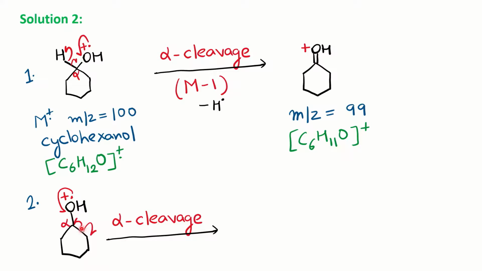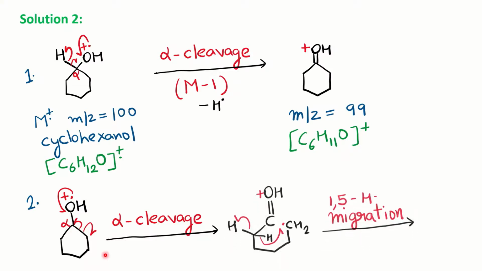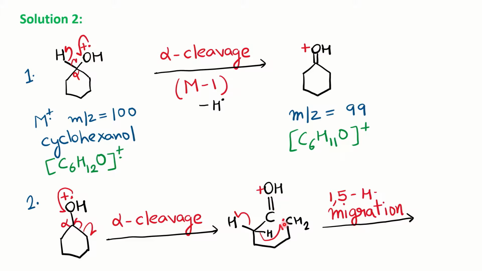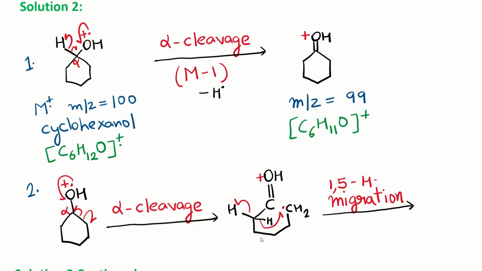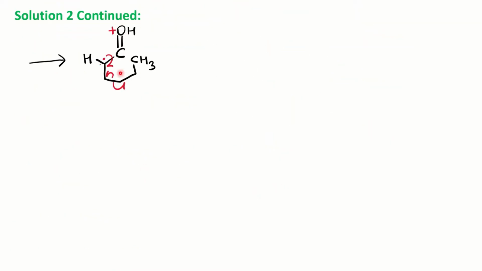Okay, one electron goes to the alpha carbon, the other with the other carbon, and you are going to open the ring. So here the ring is open now. As we have written 1 followed by the 1,5 hydrogen migration, so you can see here 1, 2, 3, 4, 5. So the hydrogen is migrating from the 1,5 position, from here to form the CH3. And now after this you will get a free radical here. So after that it is going to form CH3 and now new free radical formation.